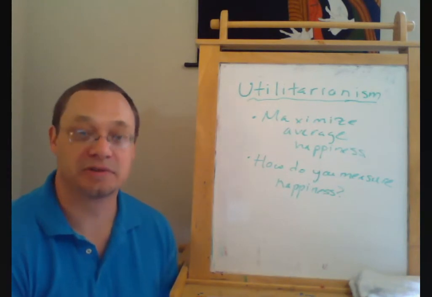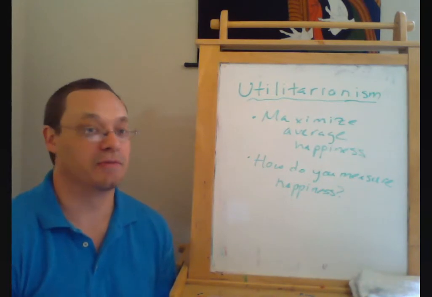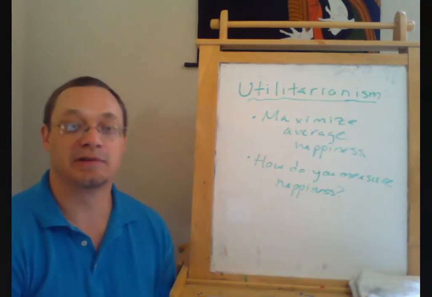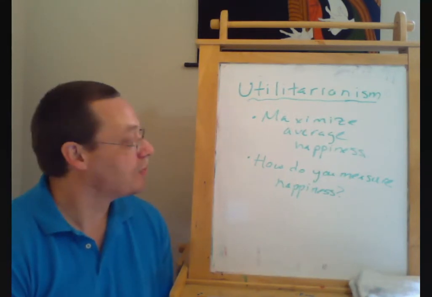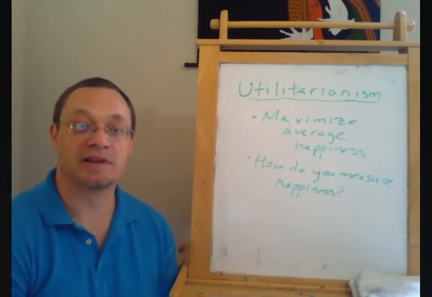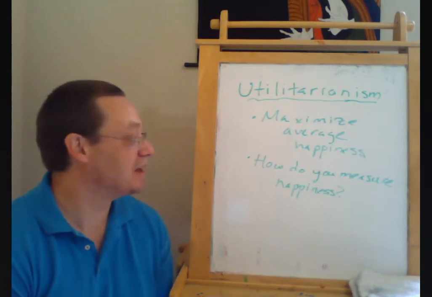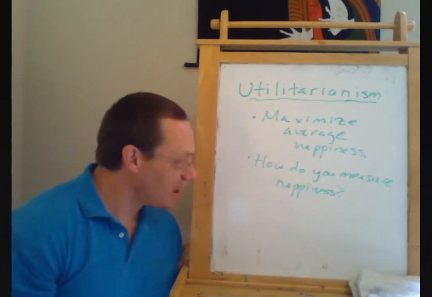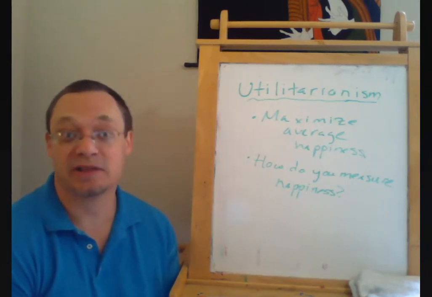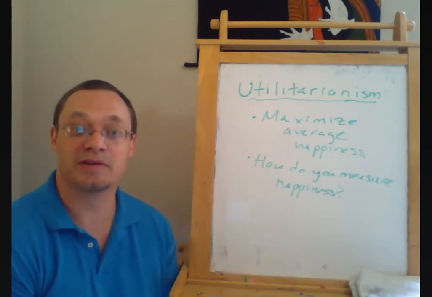Even if we could measure a certain individual's happiness, suppose there's one person who's either really, really happy about things or really, really unhappy about things, and other people are a little bit more even-keeled. Are we saying that the happiness of the person who is emotionally volatile counts for more than the person who's a little bit more emotionally stable? And basically, if we're looking at utilitarianism, we would say yes. The people who don't care that much, we shouldn't take their welfare into account as much as the people who